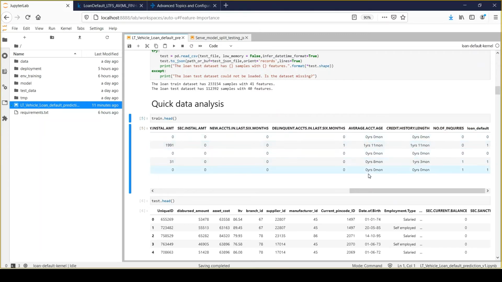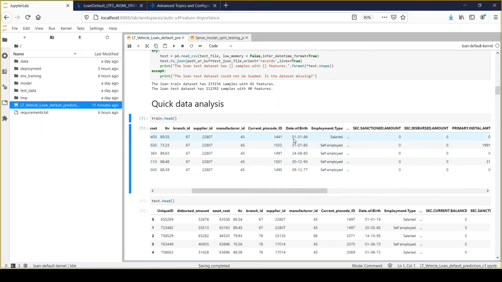Because these are useful information, but that information is not fit for purpose from the machine learning perspective, right? And similarly for the credit history length, we have data but it's not clean.